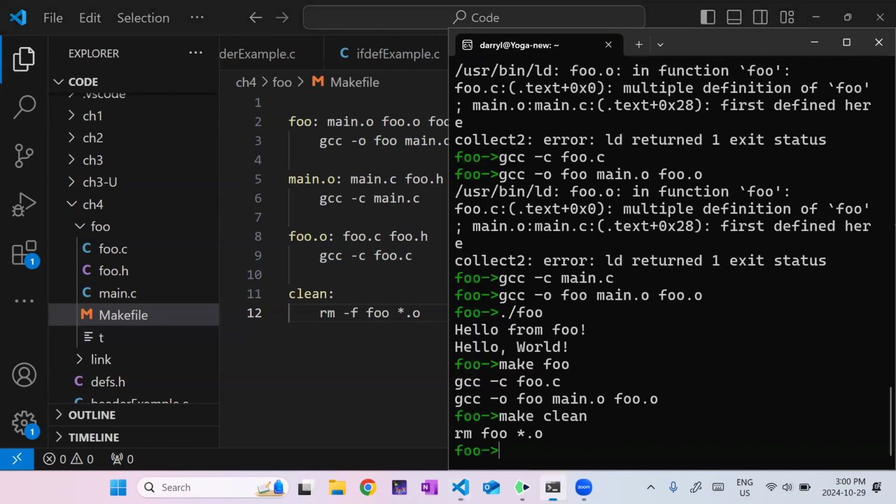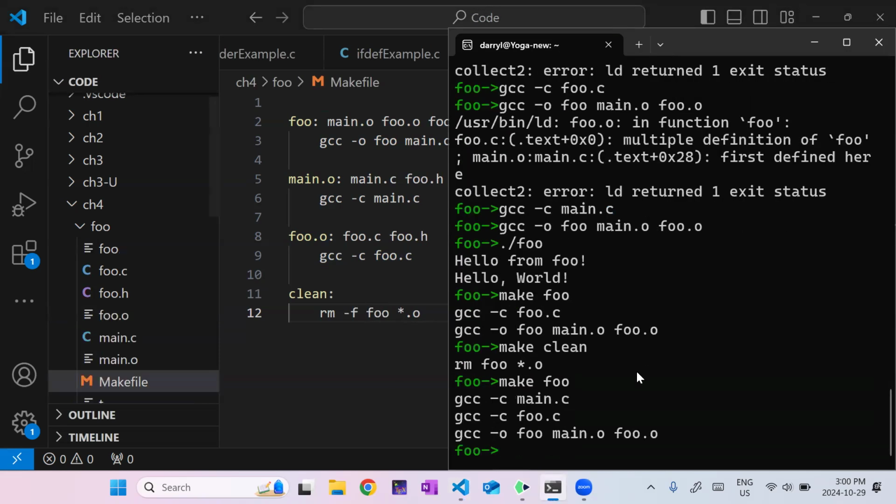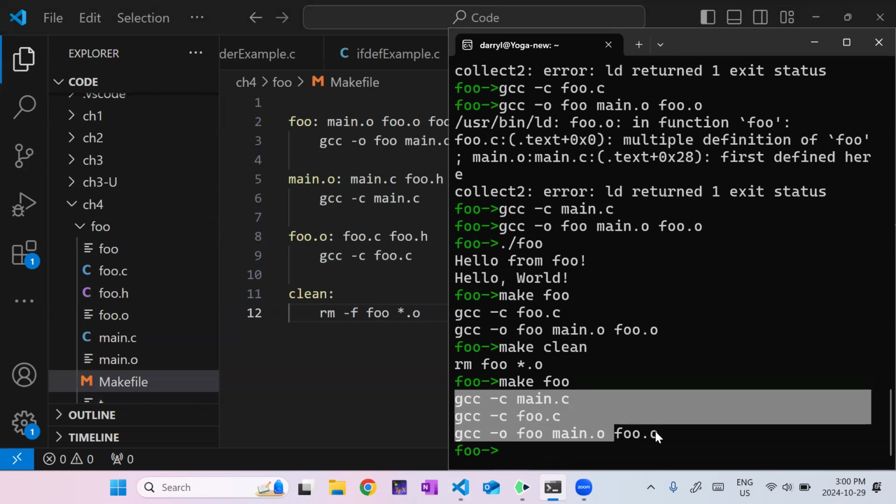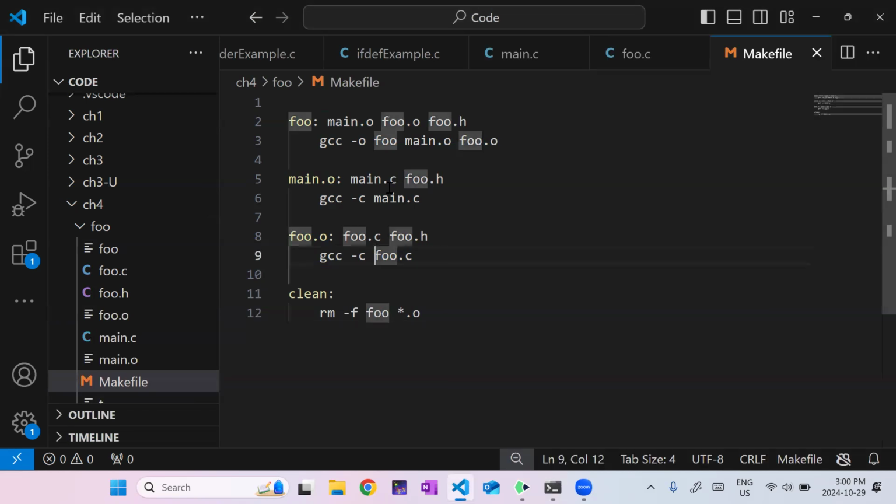But yeah, so now I can run my make foo. And you can see all 3 commands that I needed to run were run because it said, well, this main.o depends on these 2, and well, there is no main.o, so obviously it has to recompile it. And the same thing with foo.o. And then once it's done compiling those, it can compile this main thing. So I called make foo. It checks these dependencies. It says, has foo.h been changed? Well, no, but at this point, I don't have an executable, so it's going to run these anyway.